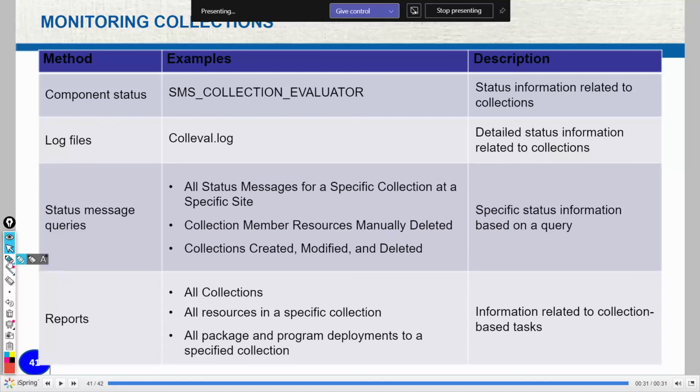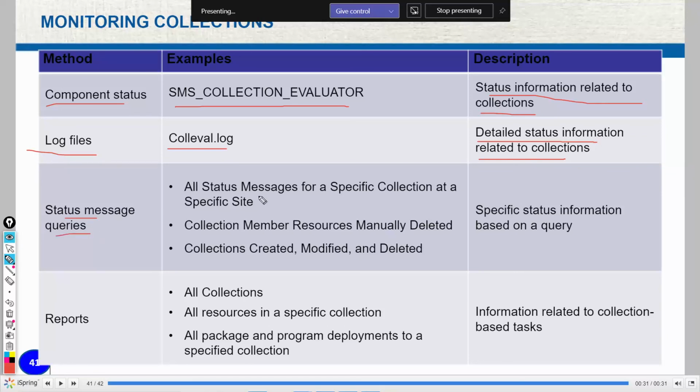So monitoring collections. We have component status, where our example is SMS Collection Evaluator, which gives status information related to collections. Then we have log files, collection evaluation.log, with detailed status information related to collections.